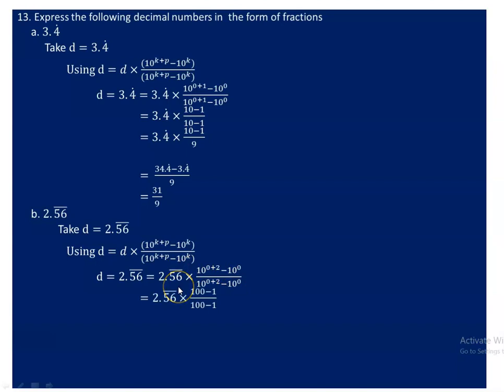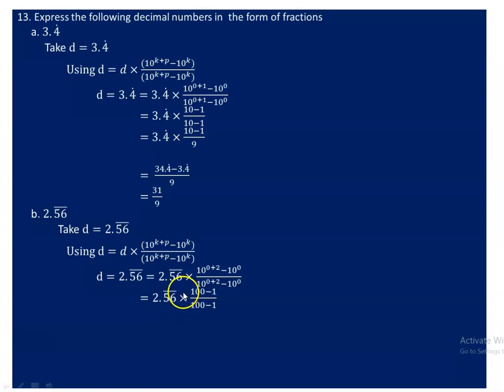Then what you need to do next is, 100 minus 1 over 100 minus 1 can come because 0 plus 2 makes 2, giving 10 to the power of 2, which is 100. And then now look, we need to multiply this by 100 first. Don't perform this operation first, 100 minus 1, 99, because it will be meaningless. So instead you need to apply the distributive property. So when you multiply this by 100, you are forced to move this decimal passing through 2 digits to the right. So this turns to be